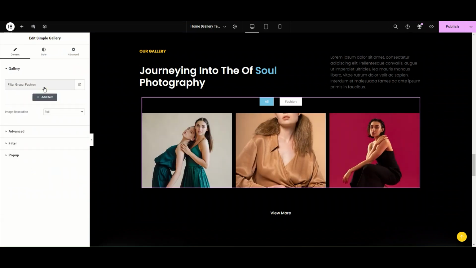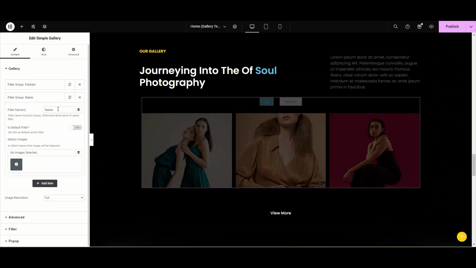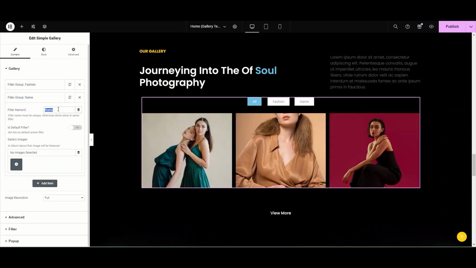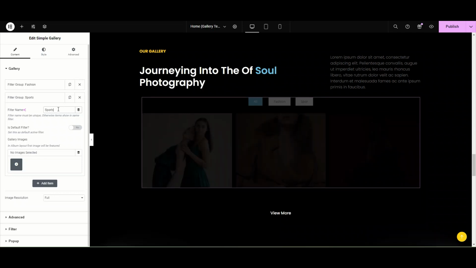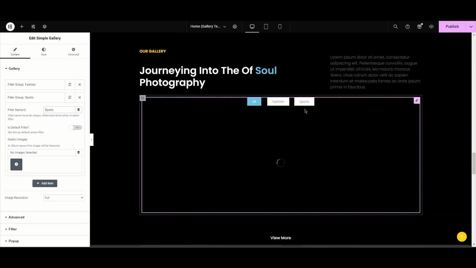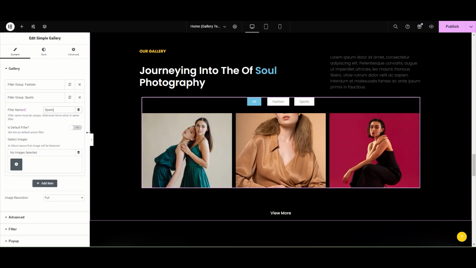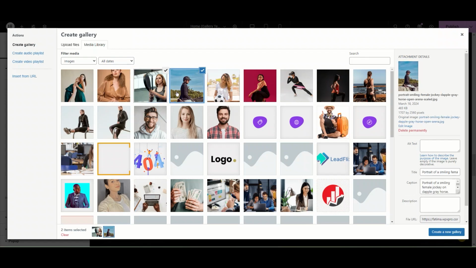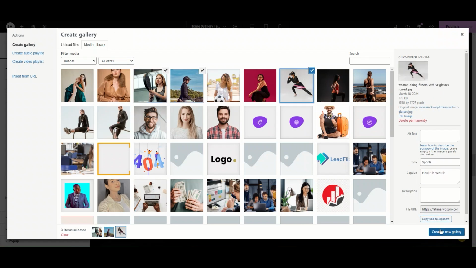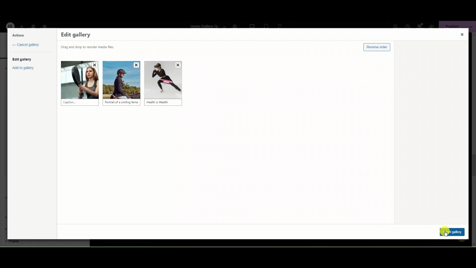Now click on add item to add more filters. Let's write the name here, as I'm writing here, sports. Like this. Now let's upload the images. Let's use this one, this one, create a new gallery and upload like this.